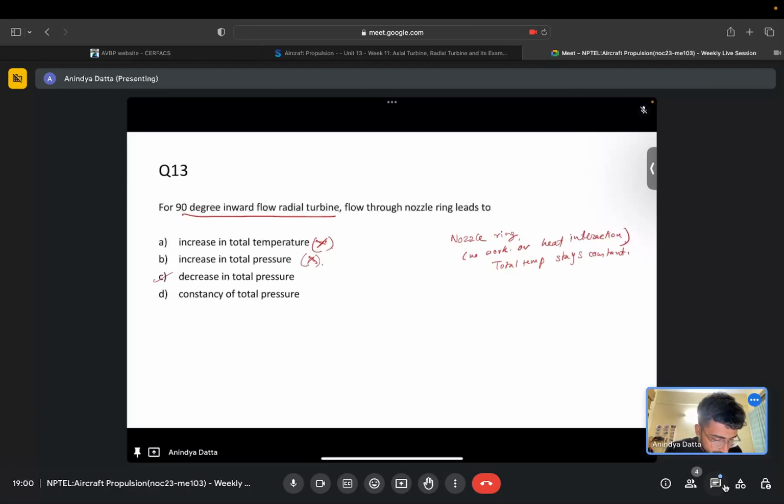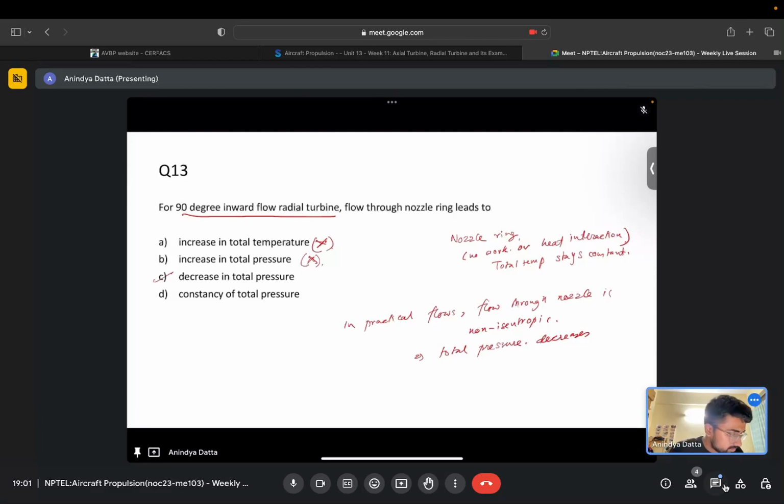Because in practical flows, flow through a nozzle is non-isentropic, therefore total pressure decreases. Okay, so the flow is non-isentropic, and there is no heat and work interaction happening, so the